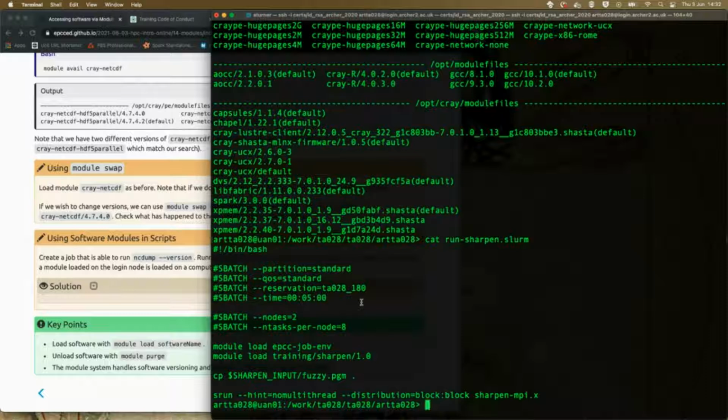it can make it very difficult to debug when things start going wrong, especially if you're in conversations with the service desk and things like that, because your starting environment will be very different from what the default one is on the system, so it can make it much more difficult to get to the bottom of any sorts of problems. So I would caution against putting module loads into your bashrc file,